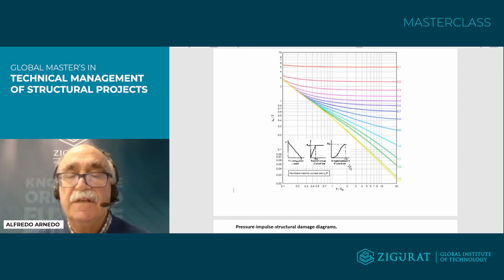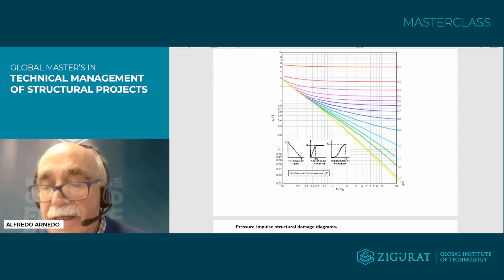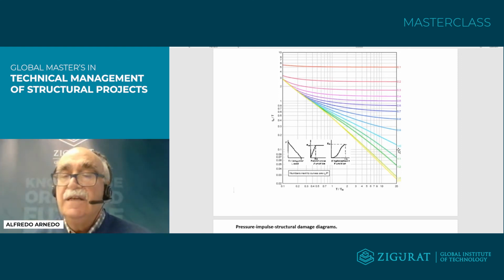And this is relating the duration of the process, the action. This is the total duration in proportion to the duration of the load, and this is in proportion to the period. And this is like in the other situation, what kind of structure we have. This, for instance, 0.1 means that the resistance is only 10% of the action, and this means the one is the same. For instance, here is the double. 0.5 is the double of the